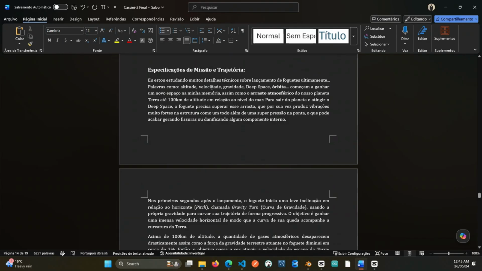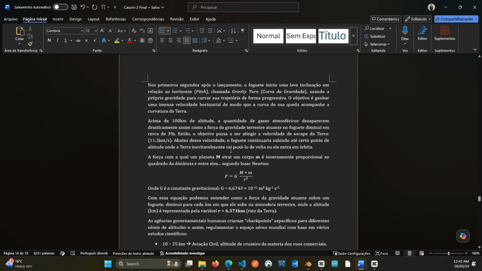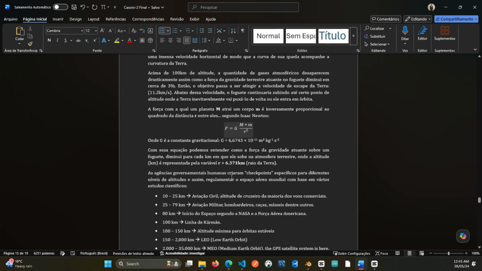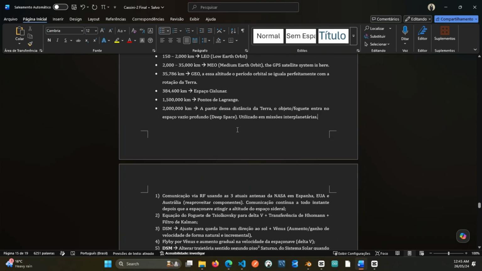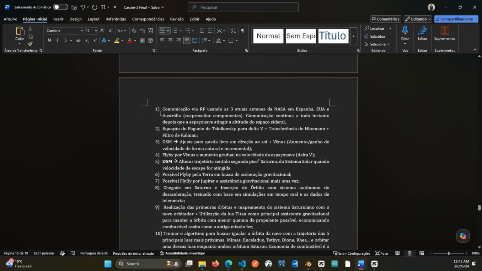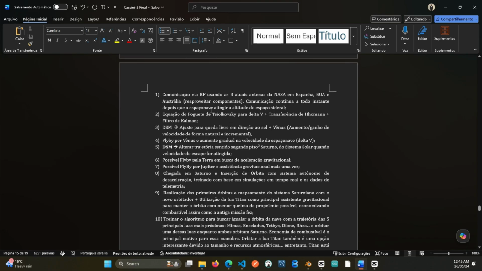It's in Brazilian Portuguese. However, it's full of very interesting and important details about physics, formulas, and the altitude roadmap, starting from the ground. At each greater distance from the ground, we have different perspectives, different gravity, and different forces acting on the structure. This is a small roadmap about the mission science